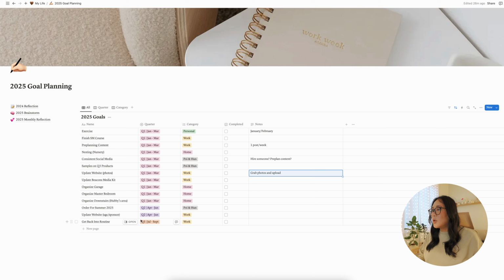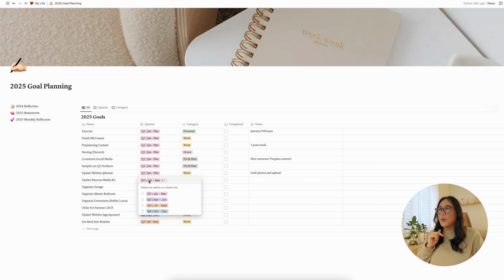And then we have some Q2 and Q3 stuff. Obviously, I usually go through my goals every quarter and add as I go and change things if I didn't do them. For example, for Q2, which is around April, I usually do it around March. I'll look through my goals and see, okay, these ones I haven't done yet and these ones can be moved. So I would move them to Q2. So that's why I don't have that many goals for Q2, 3, and 4, because things will change and I will readjust based on my time and what I have.